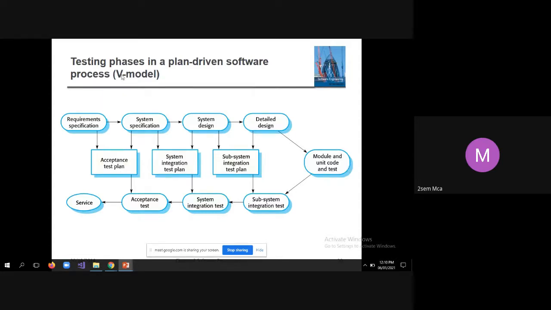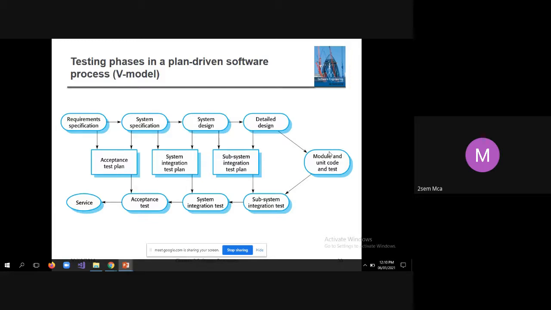Actually, this V stands for verification and validation, and it takes the shape of V. You can see here, if you invert it, it will look like V, and it's called the V model. V stands for verification and validation. And this is an interview question also. They'll ask, what is the difference between the V model and the waterfall model? The biggest difference is that in the waterfall model, until you finish the coding part, testers will be simply sitting idle. Only then will they start working.